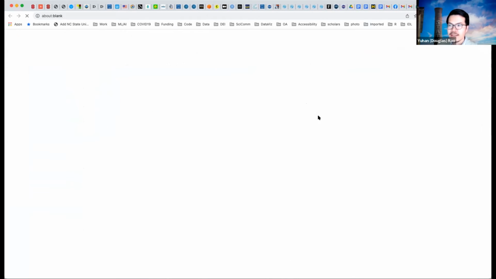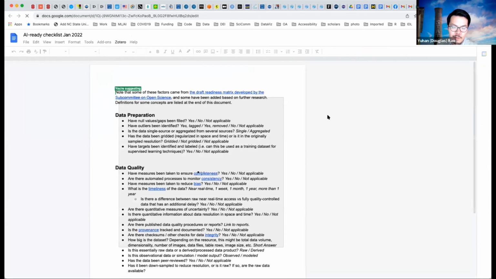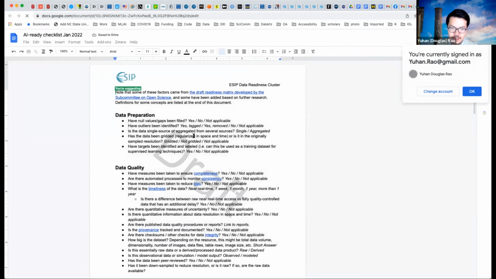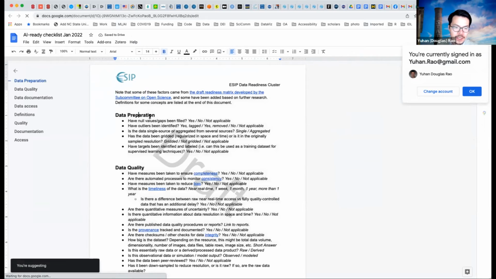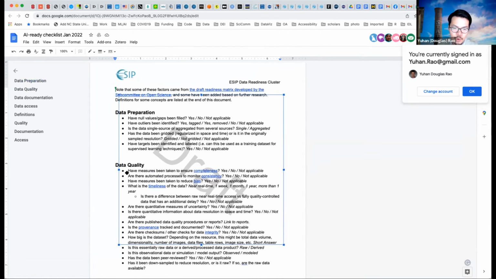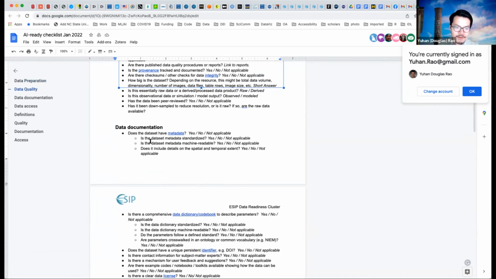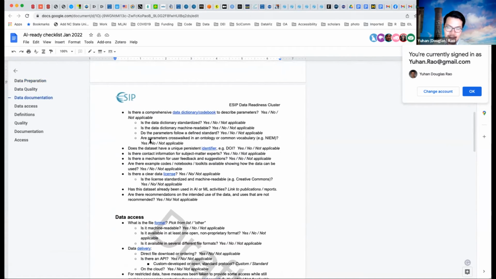If you open it, for each breakout room we are focused on one specific section. So if you are in data preparation, you'll be focusing on discussion on this section. And if you are in the data quality room, you'll be focusing on discussion about the items on this data quality section, etc. The same for data documentation as well as access.